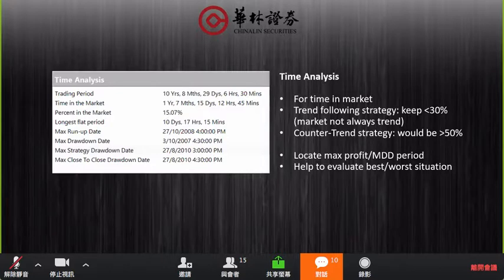This is a figure you have to pay attention to, because imagine if your strategy either goes long or goes short, very simple, for example those moving average strategies. If you just use a simple moving average to do long trades and short trades without any kind of stop loss or exit, then your percentage in the market would probably be close to 100%, because at any time you either have a long position or a short position. However, in trend following, we're trying to